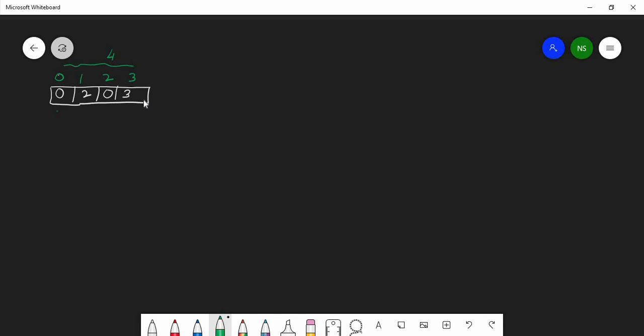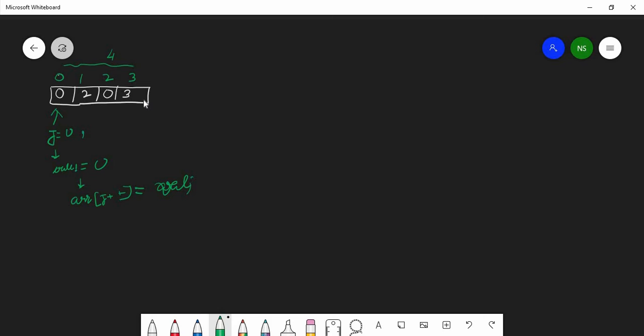Now in our approach, we will introduce a pointer j, and after introducing the pointer, when we encounter a value which is not equal to 0, then we are going to store that particular element value into arr[j++]. We have done a post increment here, and we are going to store this particular value.